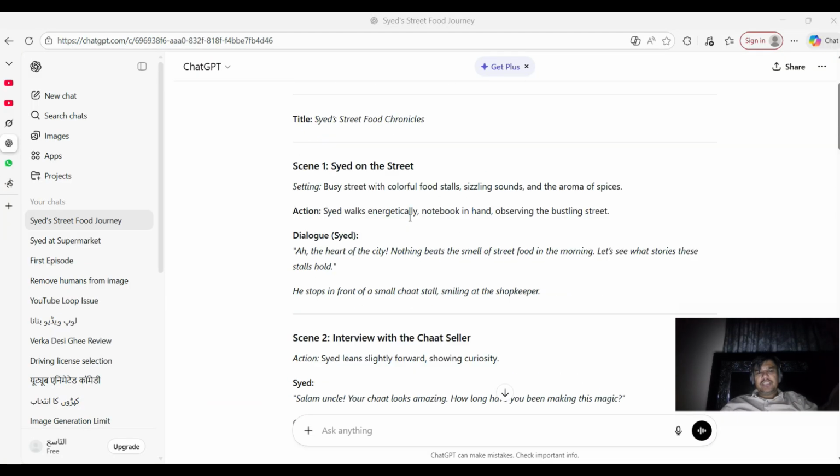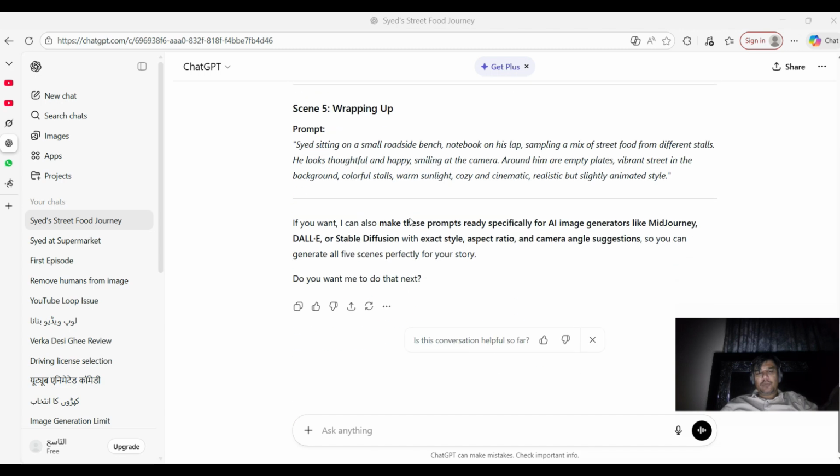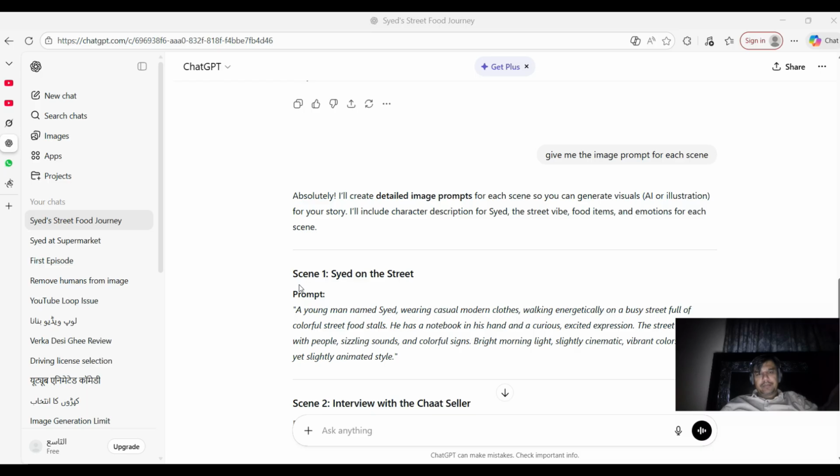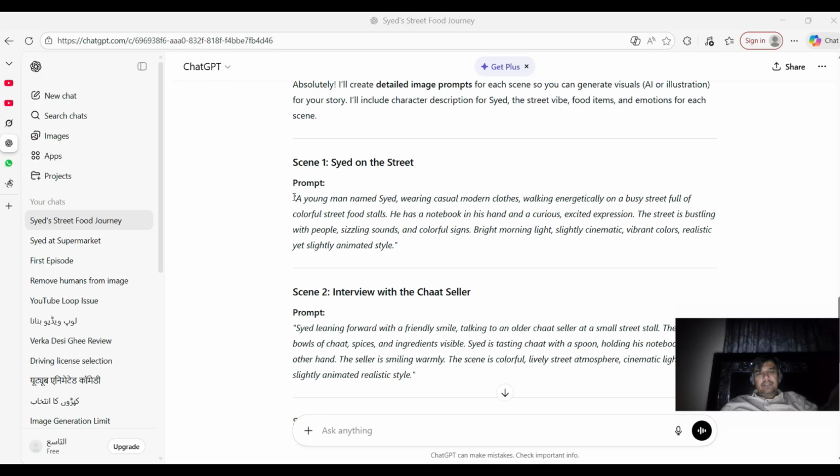You will copy the image prompt that ChatGPT generated and paste it there.